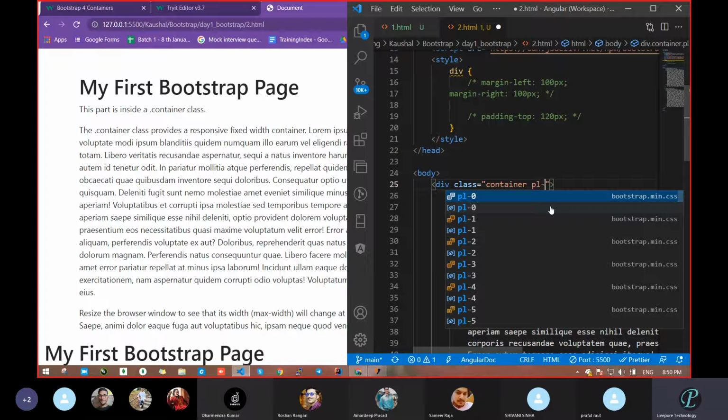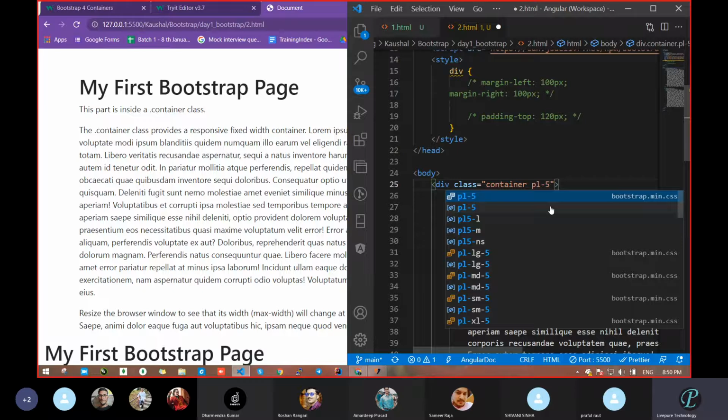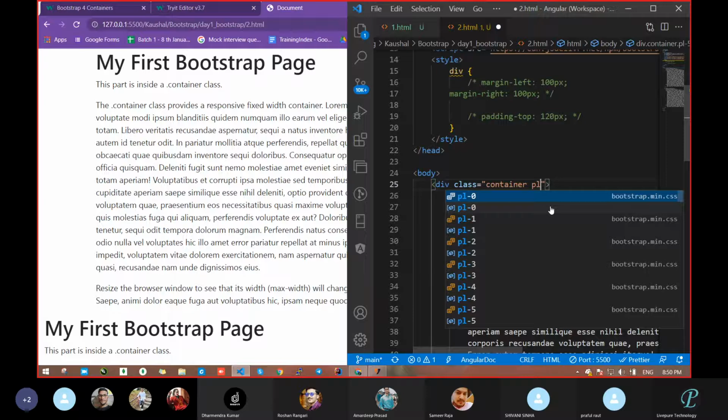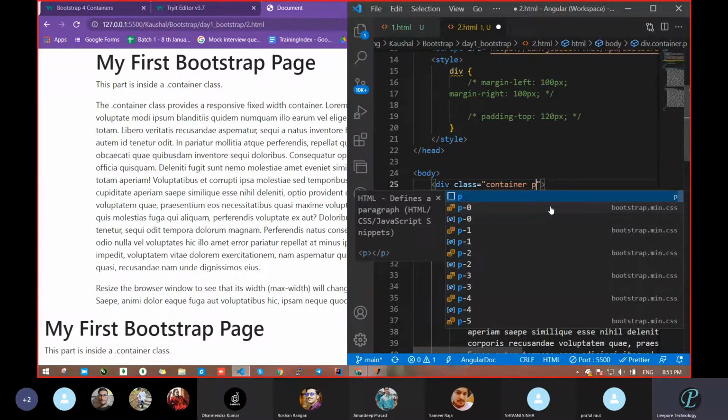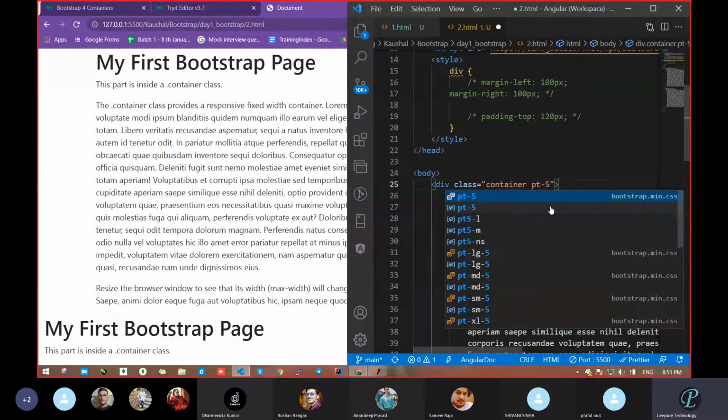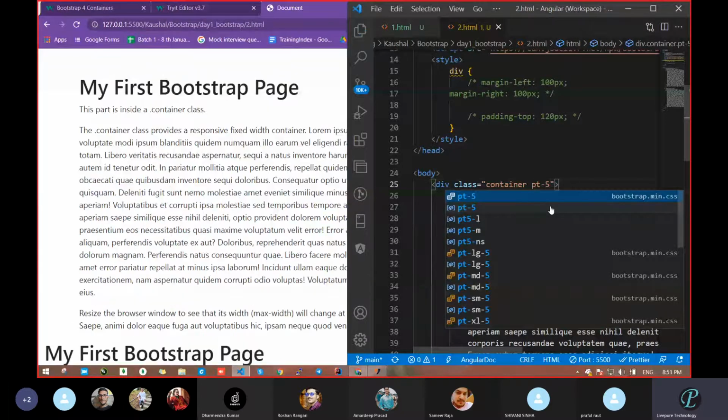So give padding left, hyphen, and how much you want: 0, 1, 2, 3, 5. Up to 5 numbering is there. Don't give 10, 11, it will not work. Up to 5 only. Let's see if it does anything. Have you realized? So padding-top hyphen 5. This way we can give the padding.